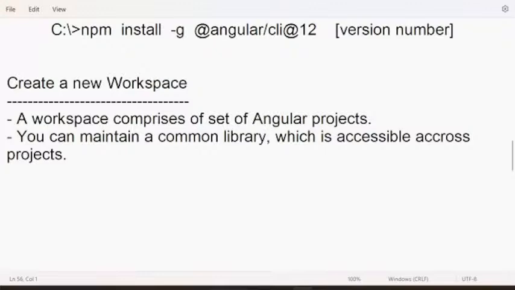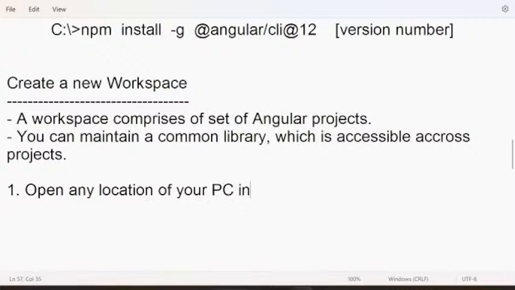So how to create a workspace? First, we will create a workspace. To create a workspace, first thing, open any location of your PC in command prompt.